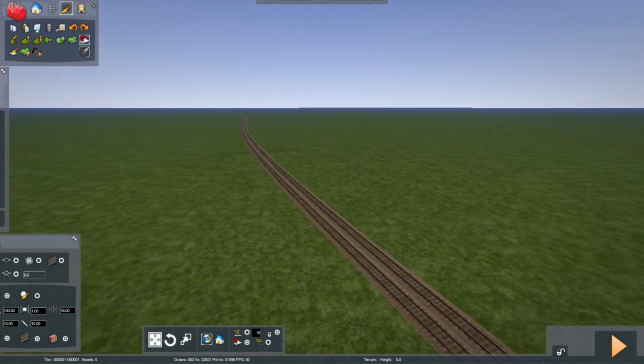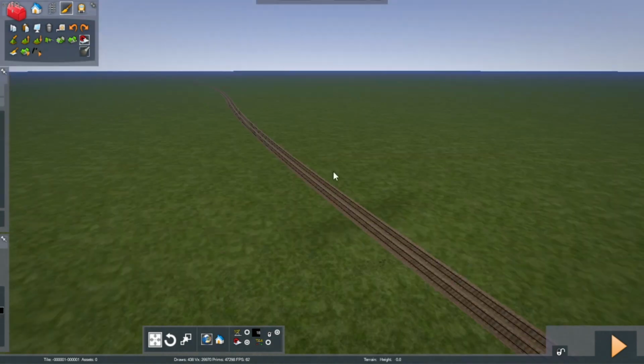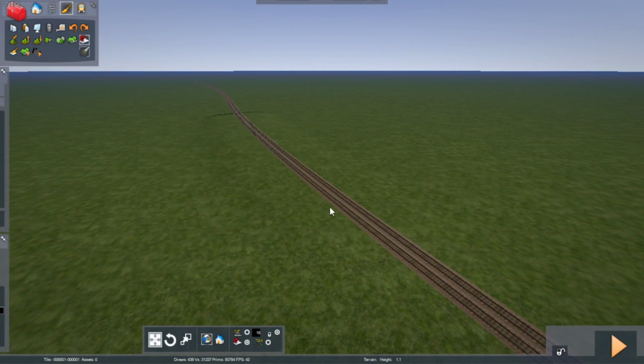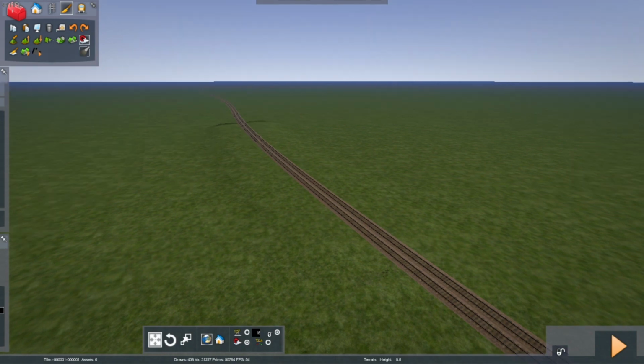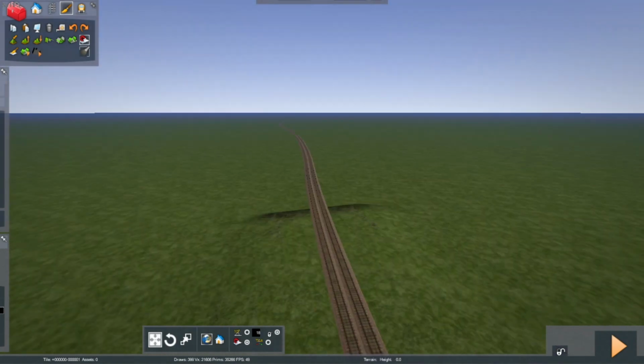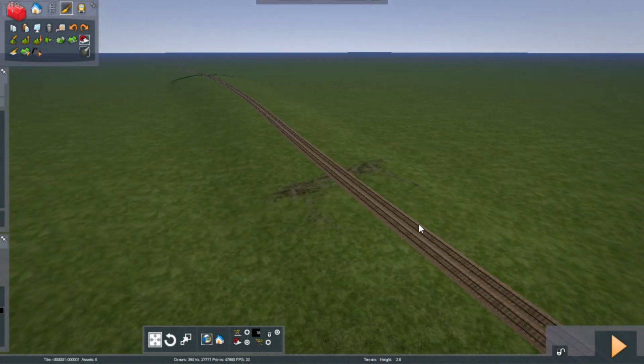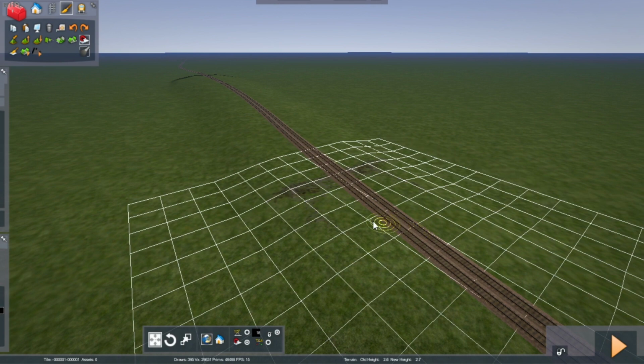Now the bigger it gets, it lags out your game a little bit. You might notice that it's getting a little bit laggier. But look, as you see, now it's at 40 to 50. But when I place it, it goes down to 15, which kind of lags it out. But yeah. So with this, you need to just go where your track is, click, and this big grey box will come up,